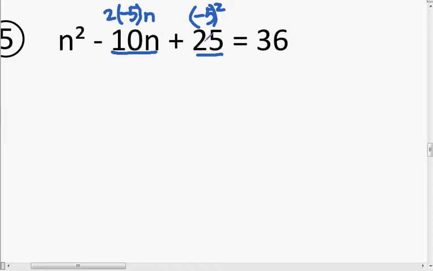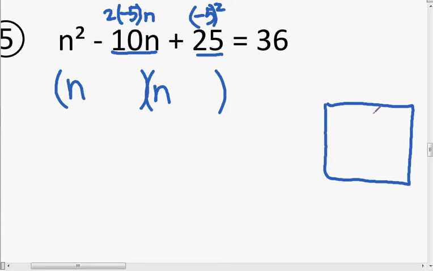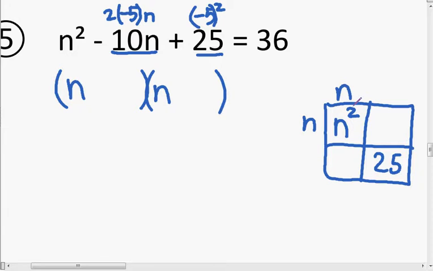So when I factor this, I end up with n and n. And I'm going to use my area model again to show me why that's true. I have n squared and I have 25. So I need n times n. And I need to multiply to get 25. I need to add to get negative 10. And I know that negative 5